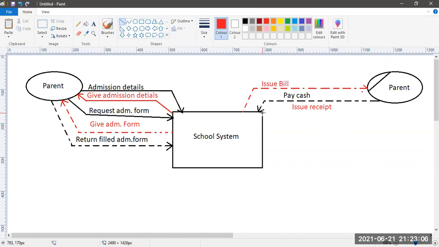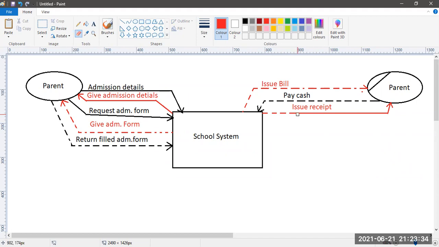This is not the only thing that is happening between the parent and the school. There are so many things that should happen during the parent and school interaction, and for all that we have to draw the DFD. So this is just for admission of the child.